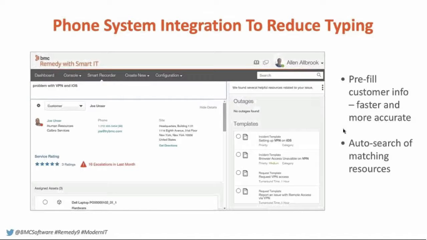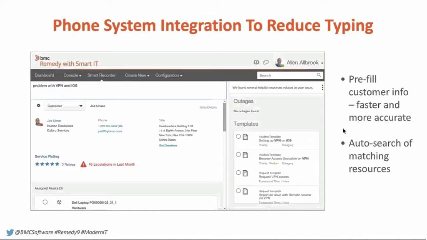So you might be able to say, I'm having a problem with VPN or whatever the issue might be. And so what that allows you to do is these telephony systems now can convert that very easily into text. And we now have an integration that lets you dump all of that into the Smart Recorder